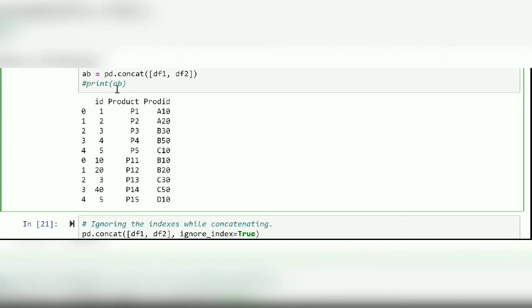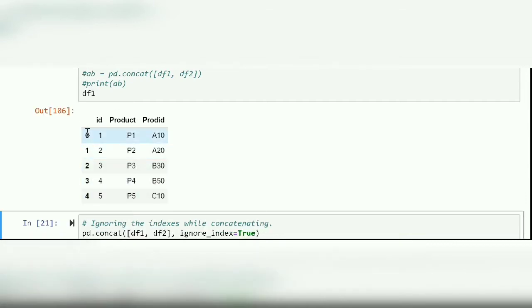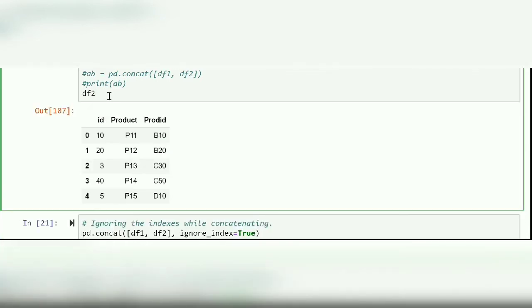Now if you want to go deeper into this, let me print the values of my data frames. You see that 0 1 2 3 4 are the indexes of data frame 1, and 0 1 2 3 4 are the indexes of data frame 2.